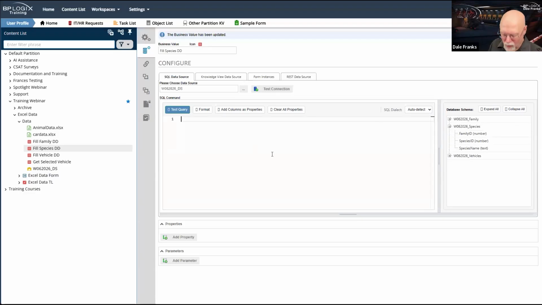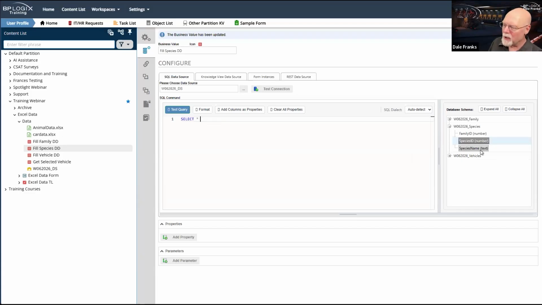So we are just going to select, and we want our family ID. And then, no, we don't want our family ID yet. We are going to want it, but not yet. We're going to want our species ID. Actually, we're going to want all 3 of these fields. You know what we can do? We can just select star. We can make our life a lot easier. I need all 3 of these fields.